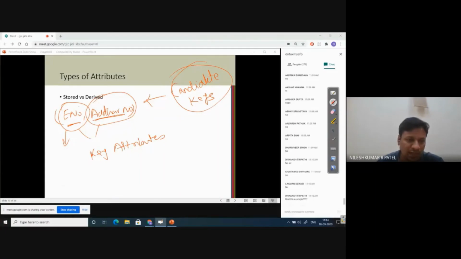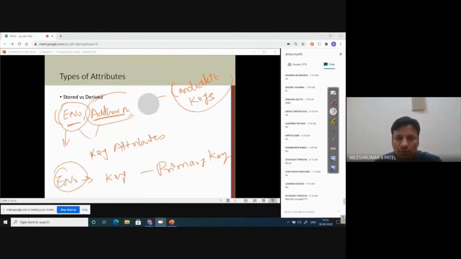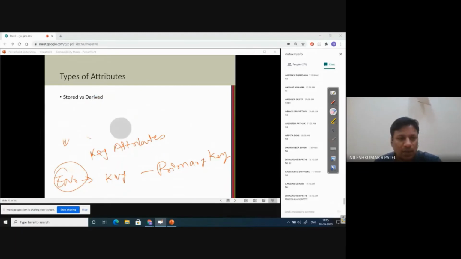If we designate enrollment number as the key, it becomes the primary key, and Aadhaar is a candidate key. We'll discuss more about this. So primary key, candidate key.